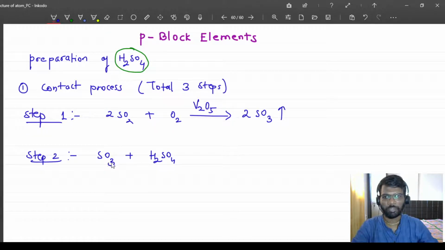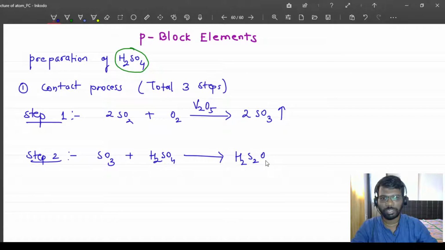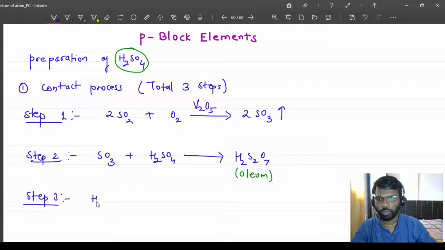As of now, sulfur trioxide and H2SO4 are being reacted, and what you get is H2S2O7, right? This is also known as oleum. In some organic reactions, this oleum will come across. Then step three, this H2S2O7, the oleum which you got in the second step,